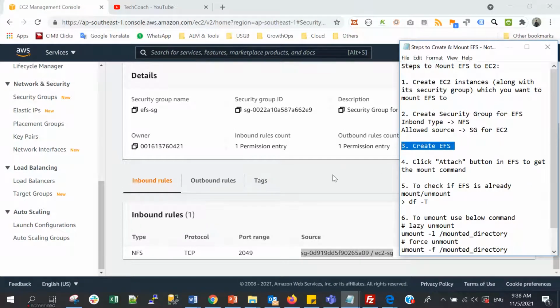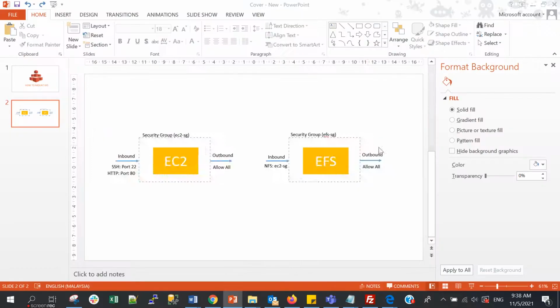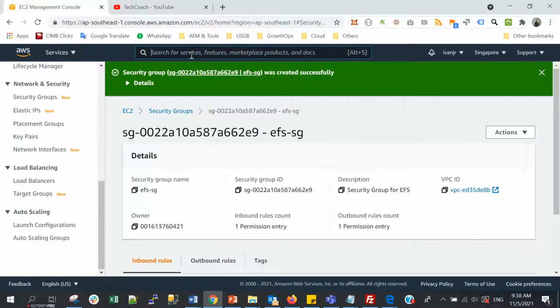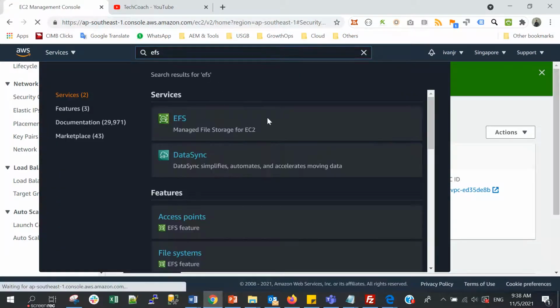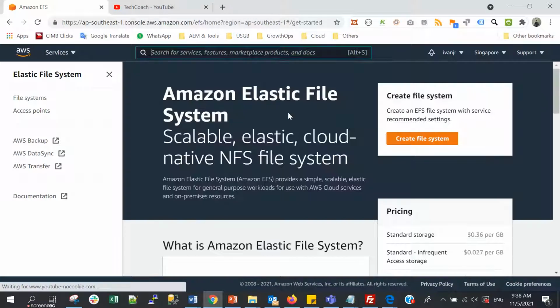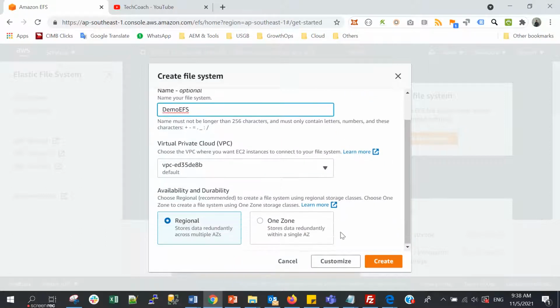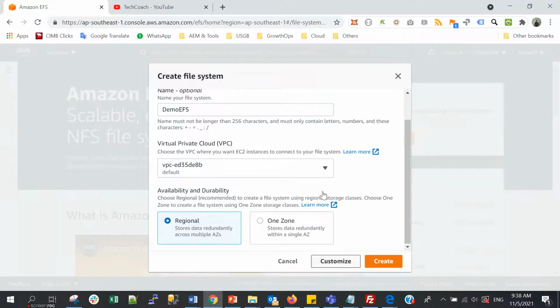Now the third step, let's create the EFS. Let's create this part. Okay, let's go to EFS. Then create file system. I'll name it, say, demo EFS, and click customize. You can also choose either regional, to share data across multiple AZs, or one zone, just one single AZ.